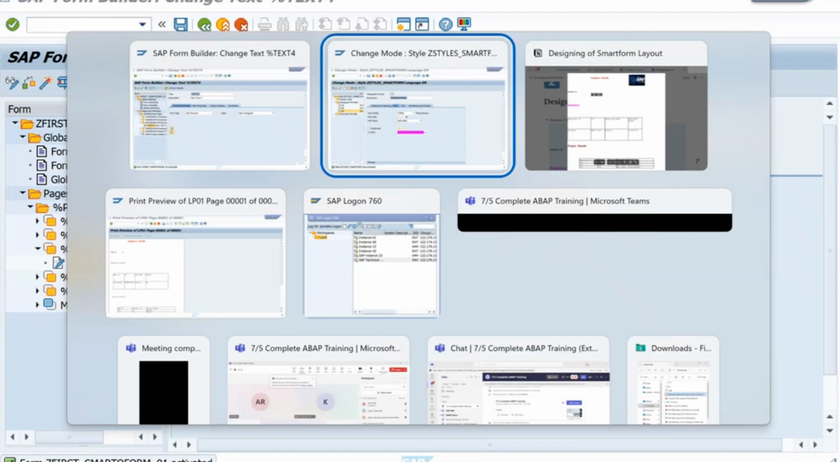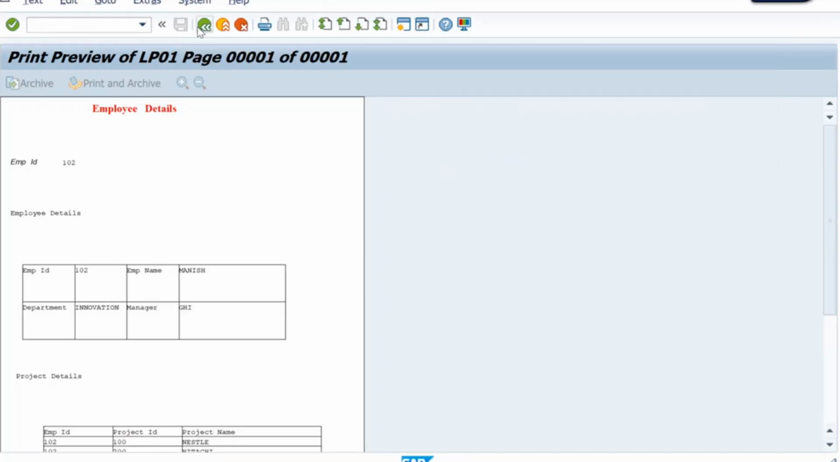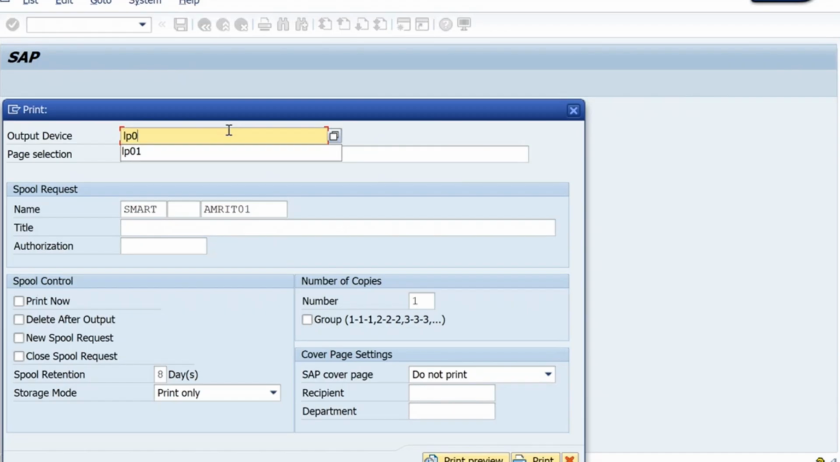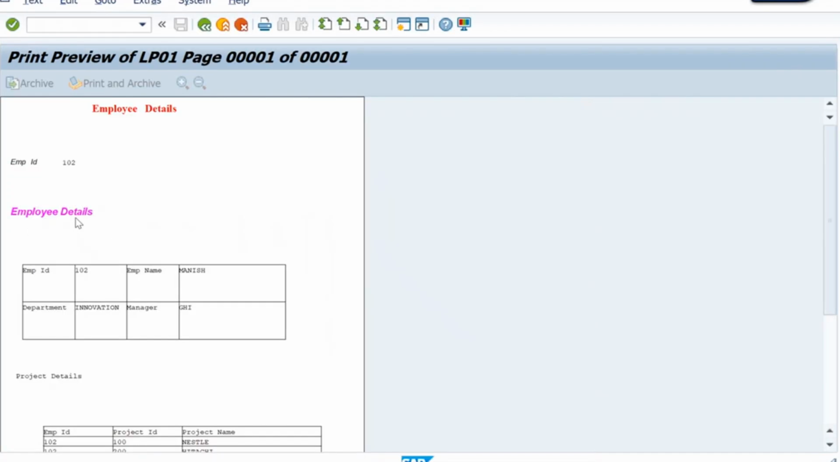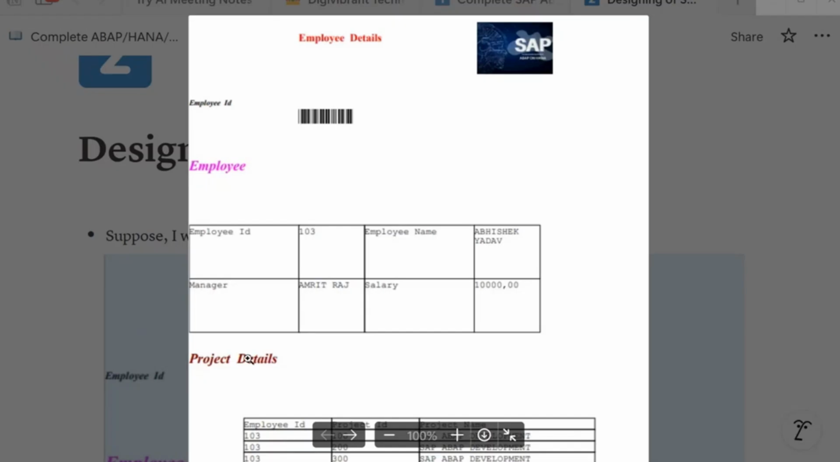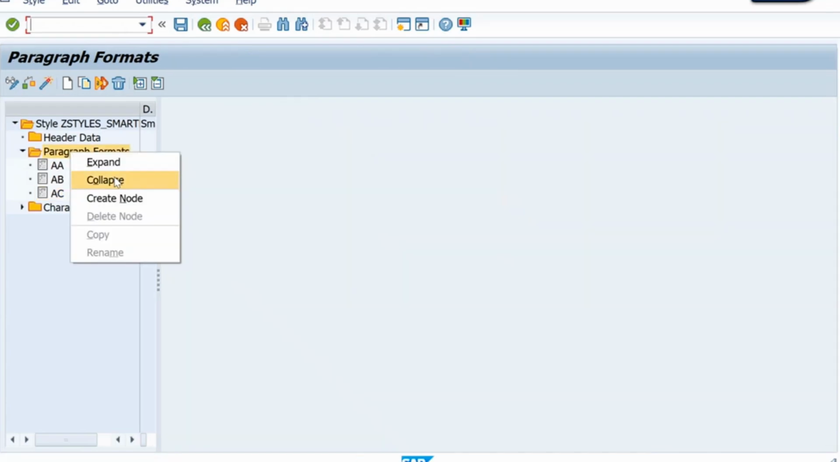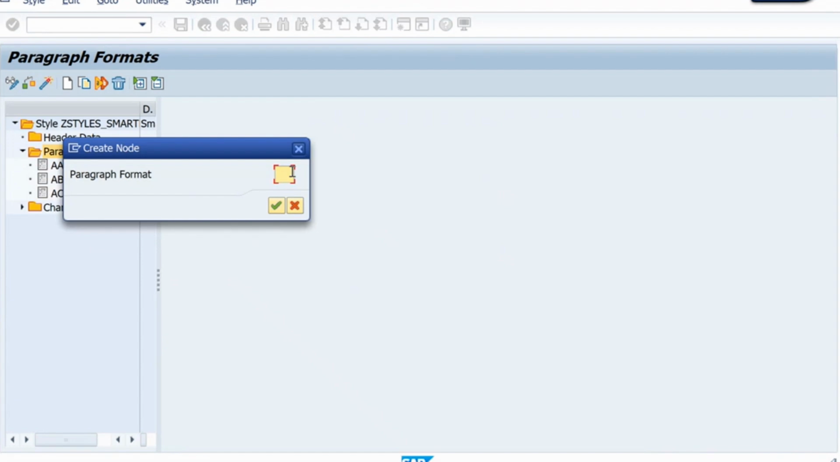Now if I go back and if I check the same, execute it and print preview. That is also there, correct? Next one is this item brown and bigger. So one more node I will create here, AD